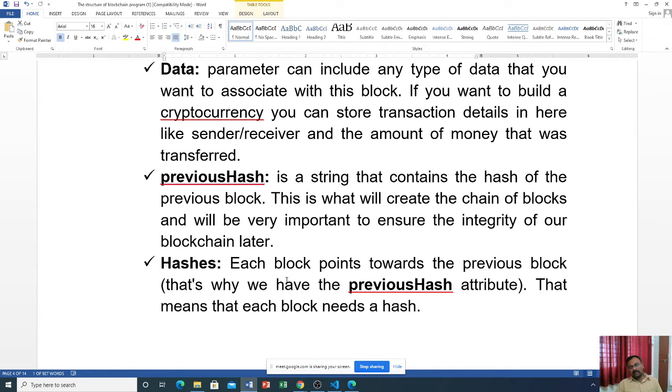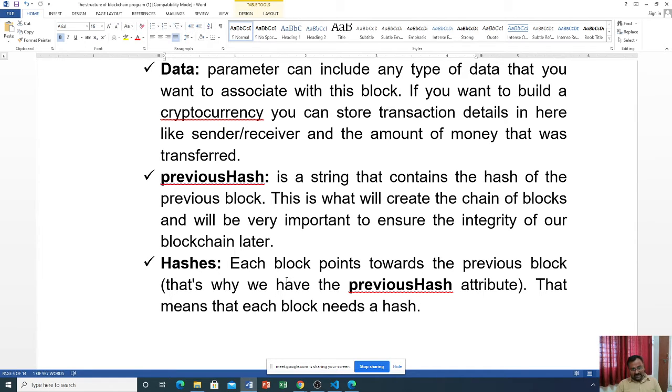Using the previous hash number, you can join the previous blocks' hashes. Each block points towards the previous block, and that's why we have the previous hash attribute.